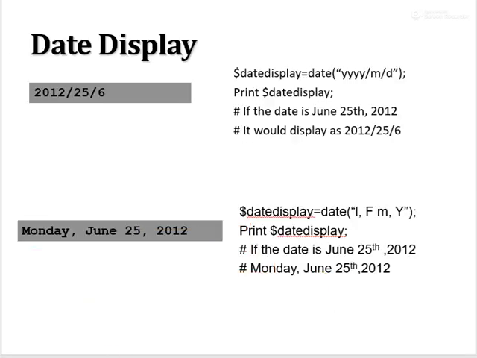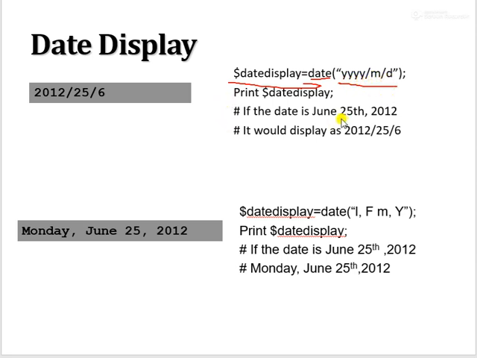Then there is another function, the date function, that can be used to find the current date or display the date, and we can use this date function with different input parameters to get the date in different formats. Like here we have a variable date display, and we assign this variable by calling the date function, and as an input parameter we provide this format, that is year, then month, and then day.